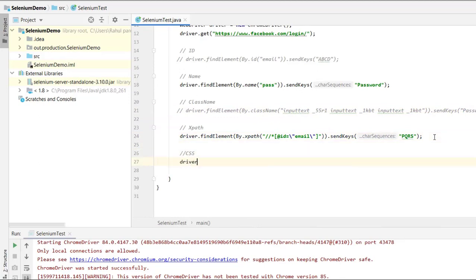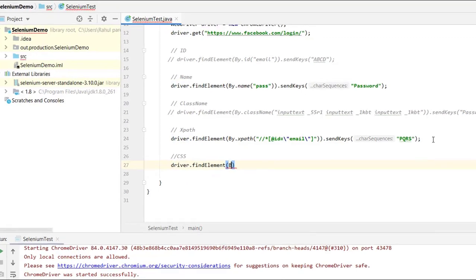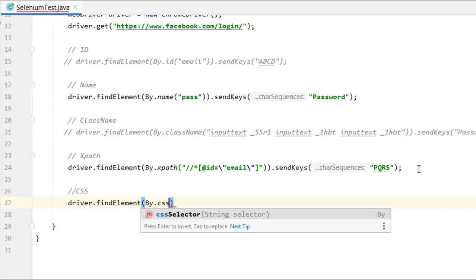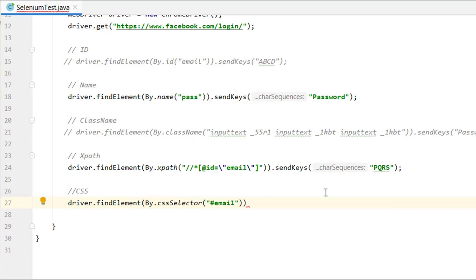Driver dot find element by, and then CSS selector, and I have given the CSS selector hash email, it has copied it, and then let me do send keys, and let me give some other name. This is the same way as we have done for the XPath. We can also copy the CSS selector of this element on the web page and work with it. So basically we have covered ID, name, class name, XPath and CSS selector.